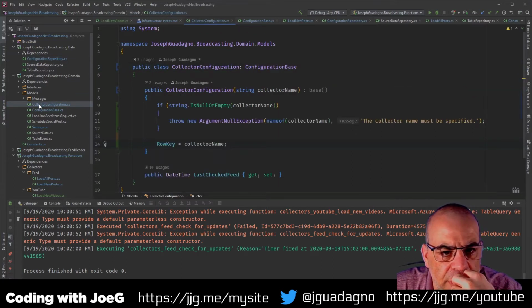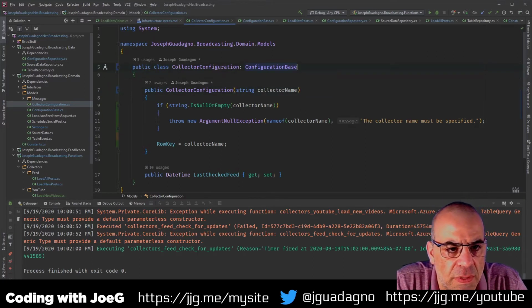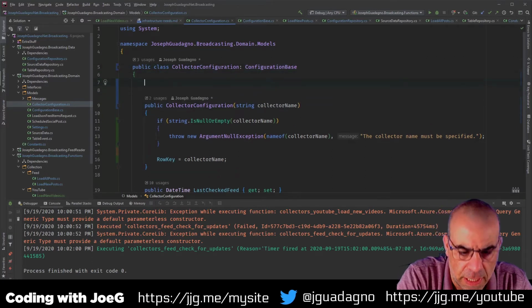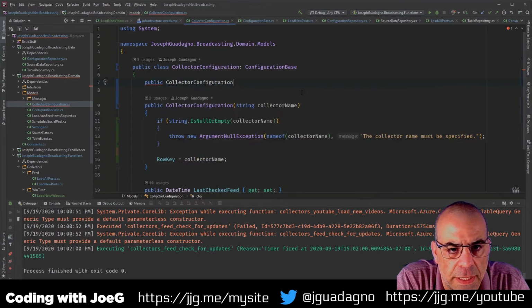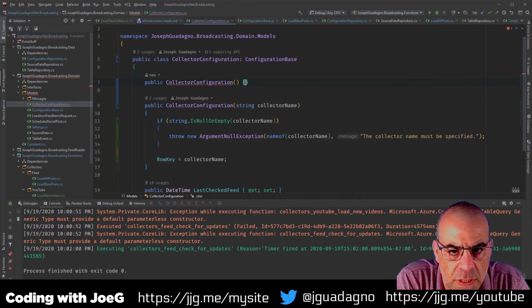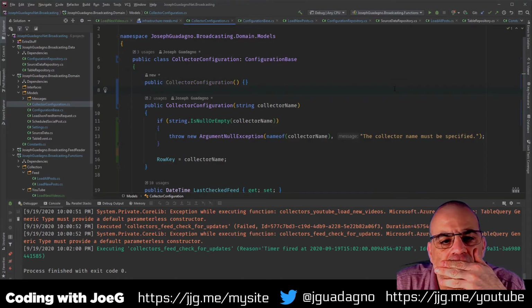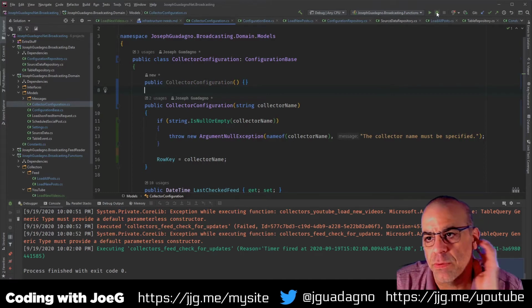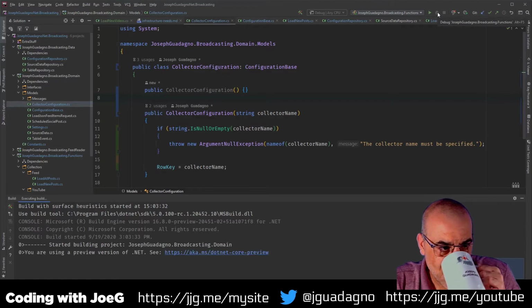I think it wants an empty constructor. Let's see. New public collector configuration. Ignore that one from Rider/ReSharper.